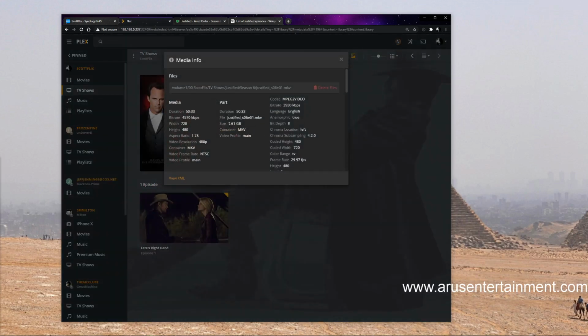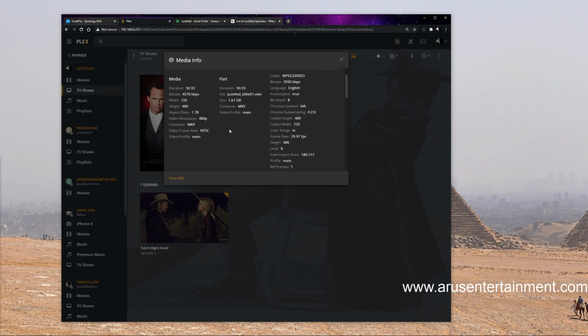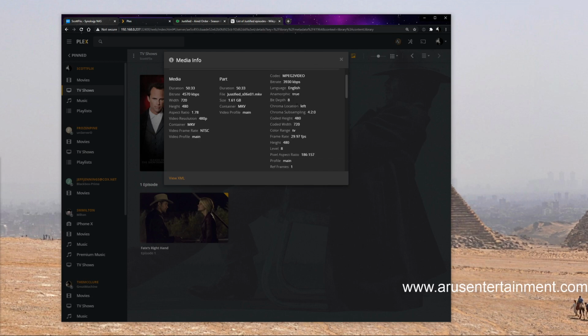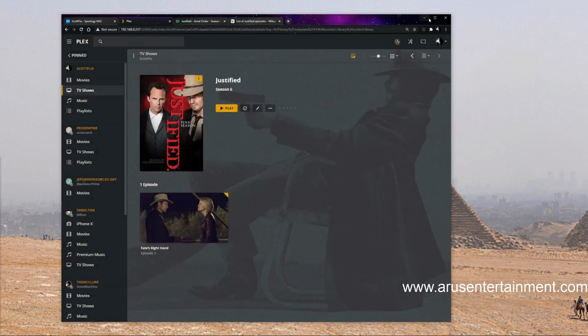So this is how it looks when you've got a raw MKV file up there. And the thing that's going to kill you is the bit rate. I don't want to go really deep into what all these numbers mean, but that's a lot of bit rate for not a lot of content, because the video resolution of a straight MKV here is just the same as it is on DVD. It's 480p. It's not the best. And when you're watching on your phone or on your TV or on your computer, it's going to look like crap. So we're going to do a little post-processing on these files